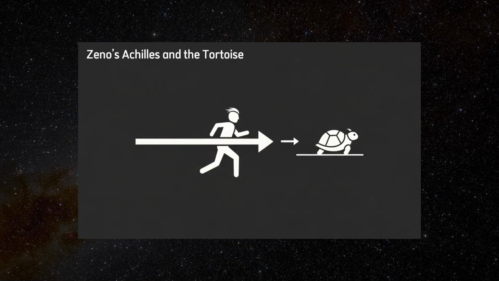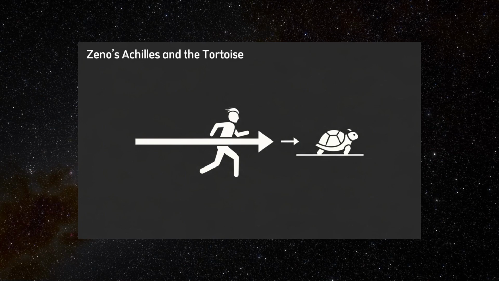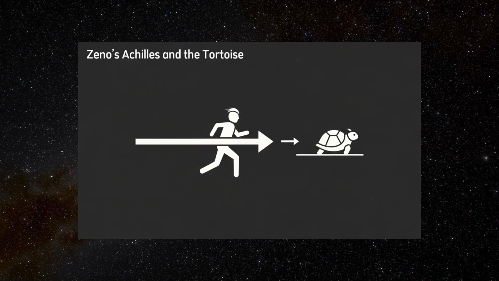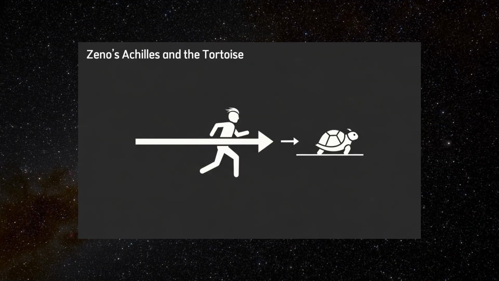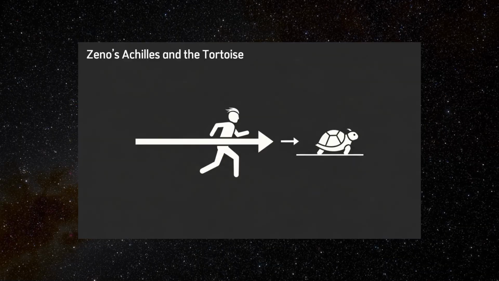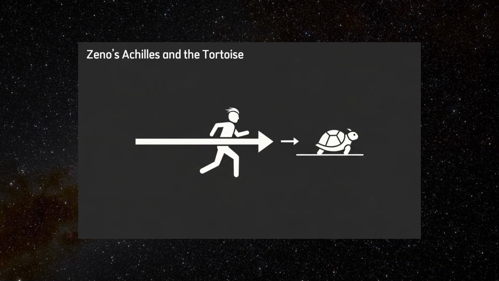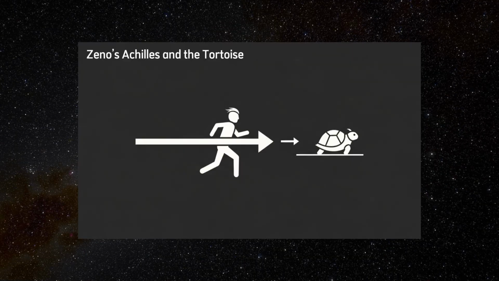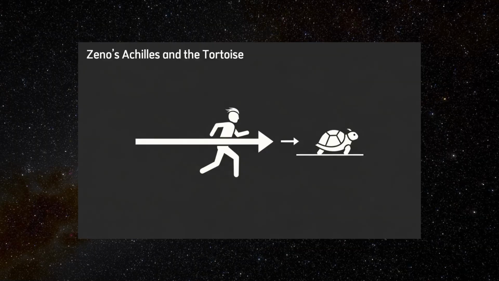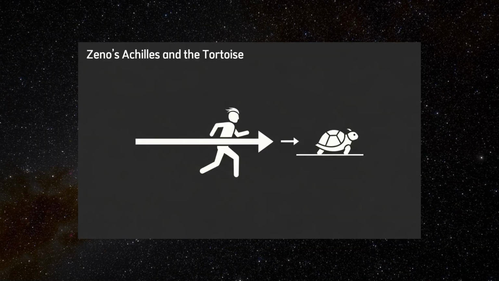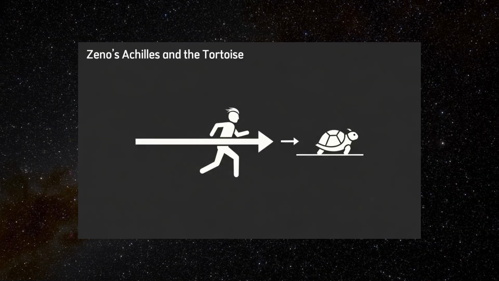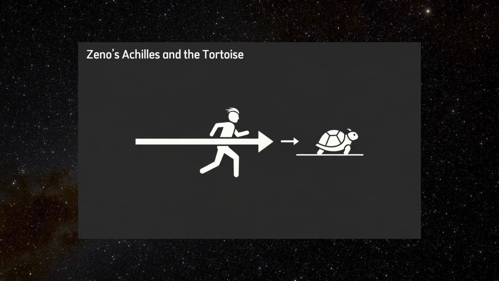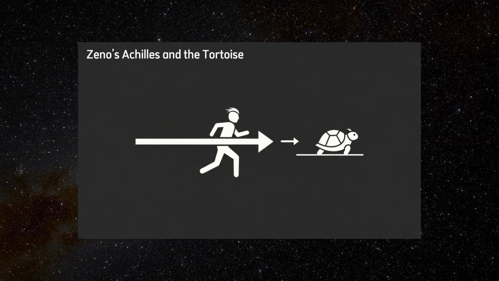Each time Achilles reaches the point where the tortoise was, the tortoise has advanced slightly farther. Zeno argued that this process could continue infinitely, with Achilles always arriving at the spot the tortoise has just vacated, but never quite catching up. Although the distance between them becomes smaller and smaller, it never entirely disappears. From this reasoning, Zeno concluded that motion itself must be an illusion, because if one can never overtake another even while clearly moving faster, our basic assumptions about space and time must be flawed.